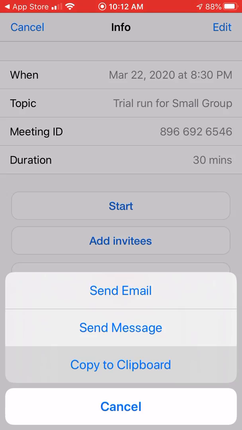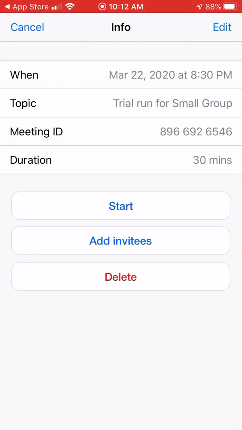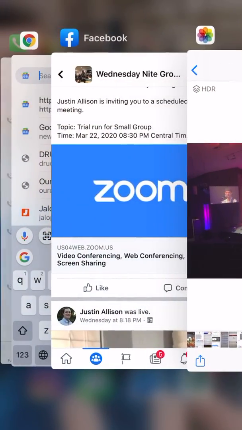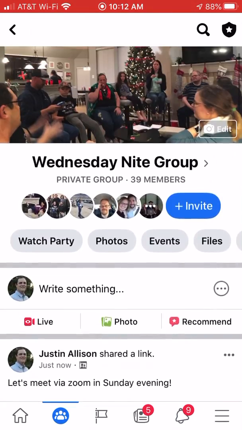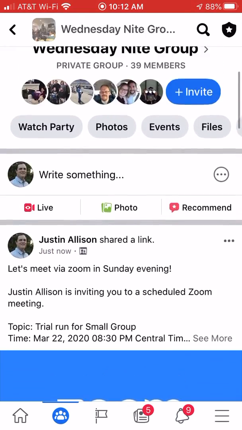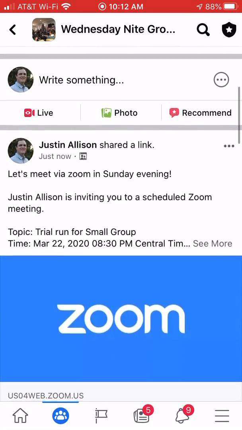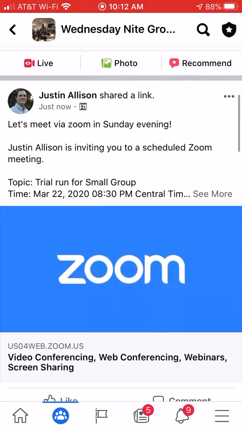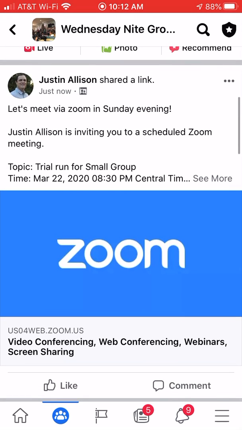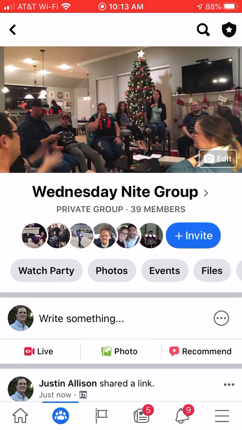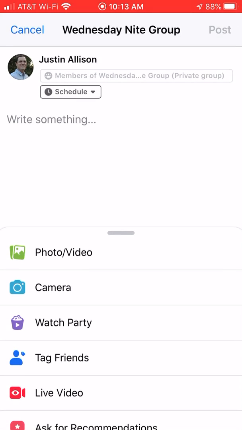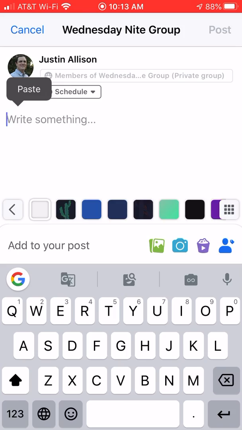I like to copy to clipboard because my group uses Facebook groups for talking most of the time. It's kind of our home base. That's where we post prayer requests and things like that. You guys may use a text thread, whatever it is. But I'm going to use that, and I post it in here. I'm not going to post it because I've already posted it, but I'll show you. So I just tap in here, and I paste,